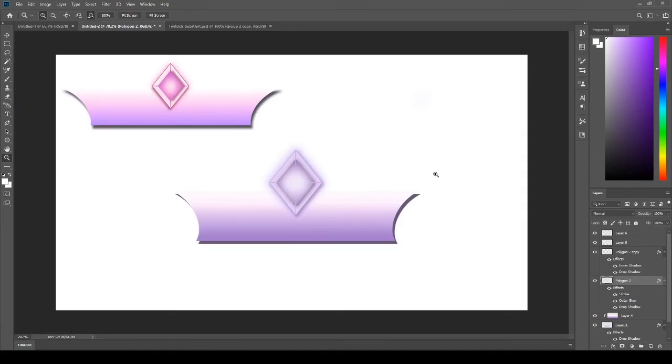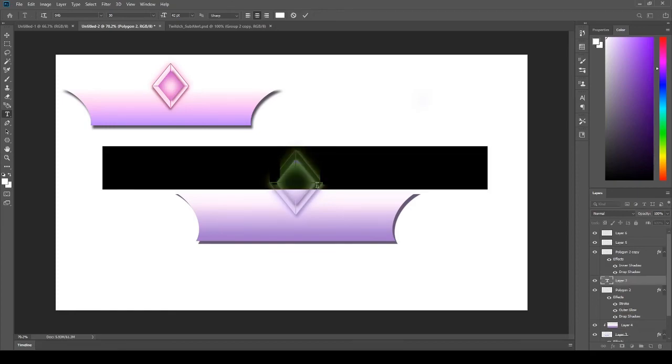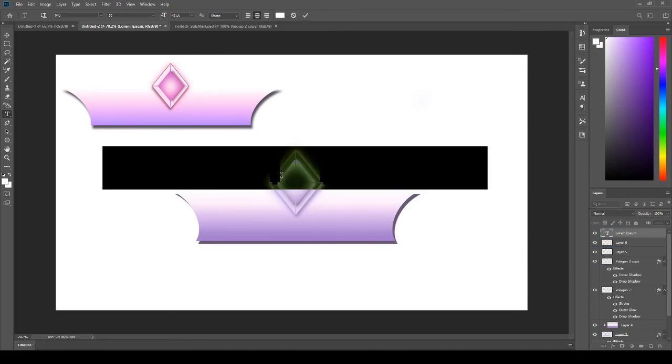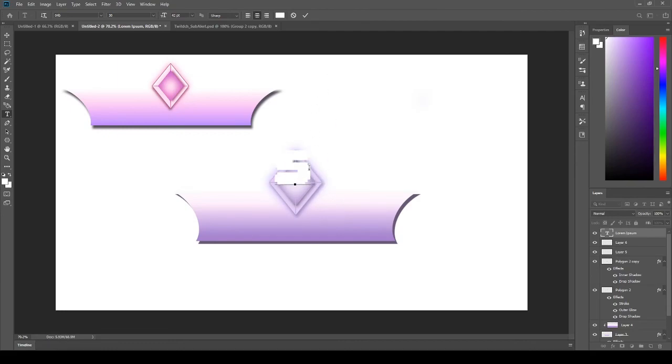And then the finishing touch, I like to visualize what the final product is going to look like. So what I did is add an S for subs, and then you can choose your font to anything you want. We can leave it on this one just to show you guys what I did. But if you want to add any text to your alert or anything beforehand that you're not going to do in Streamlabs or Streamlabs OBS,